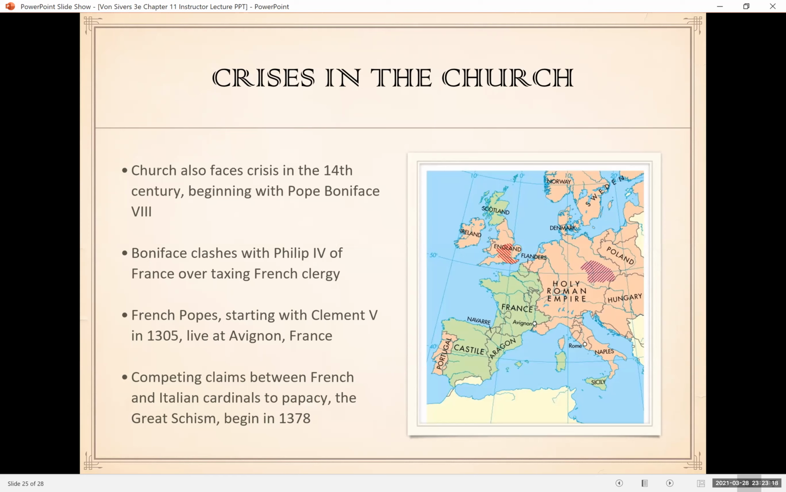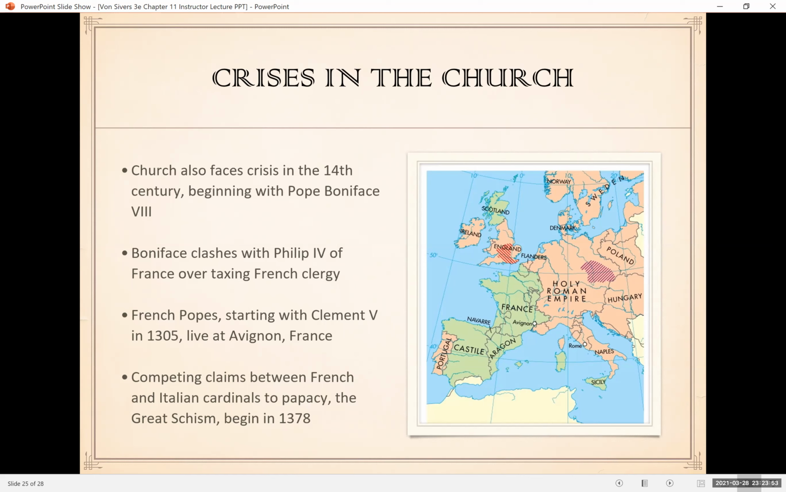Now, in 1378, this is all going to get worse. Yes, it's going to get worse because there will be a pope who decides this is enough. The Pope should be in Rome. I'm moving back to Rome. And the Pope moves back to Rome and dies several months after he makes it to Rome. He isn't killed. But